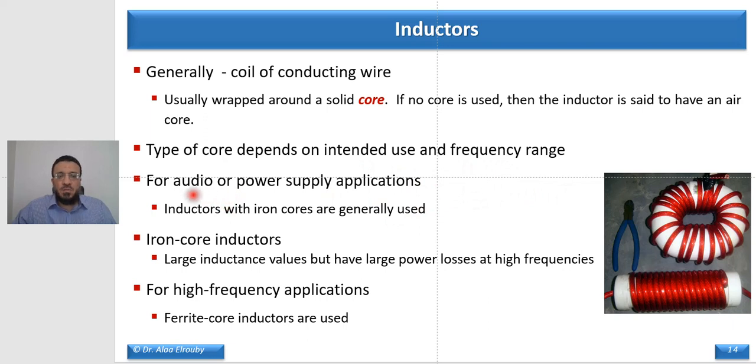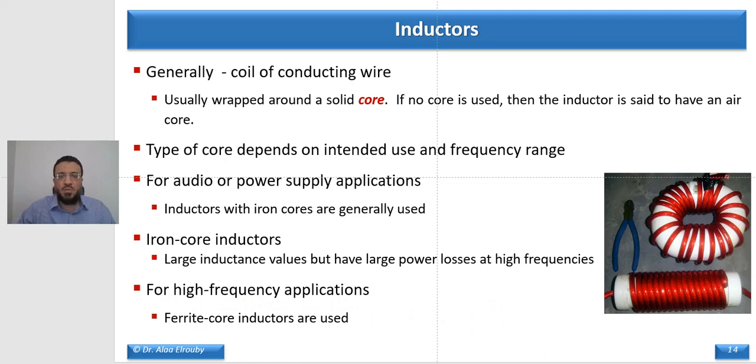For example, for an audio power supply, the inductors have iron cores, and for iron cores the inductance is large, but the high frequency losses are also very high. For very high frequency, or for RF frequency, we are using inductors with ferrite cores. Why? Because, as we talked about the material properties, for ferrite material the permeability mu is high, but the losses, especially at high frequency, are low. That's why for RF circuits, we are using